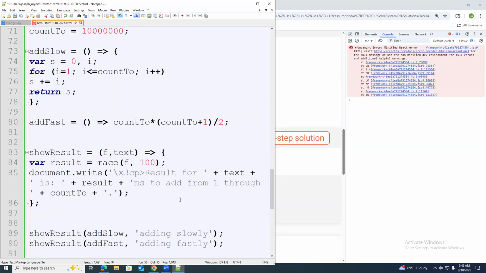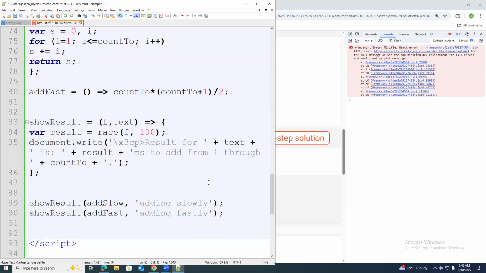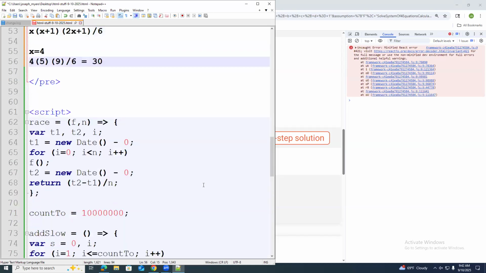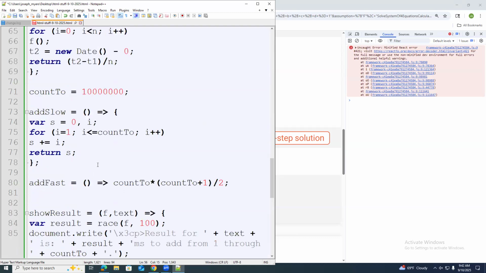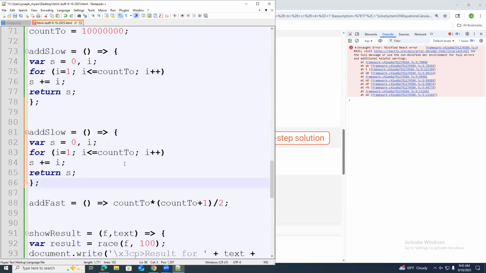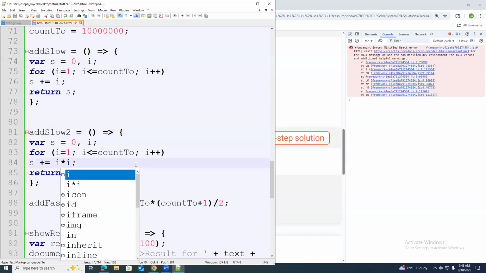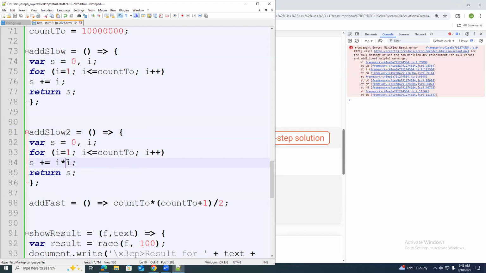Let's program that one into here. So we're gonna say add slow 2. So watch carefully what I'm doing, because you're gonna have to do one more like this. You're gonna just copy the function that says add slow and change the name to be add slow 2 or add slow 3 or whatever it's called. And the difference is, instead of adding I each time, you're gonna add I times I. So the power operator means something different in this computer language. You can't say I to the power 2 like that. You can do I times I. That'll work. So that basically adds I squared each time.